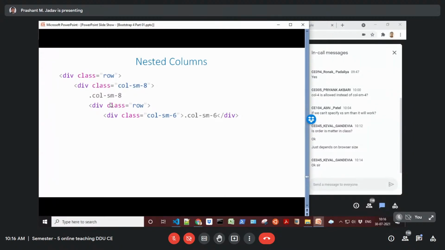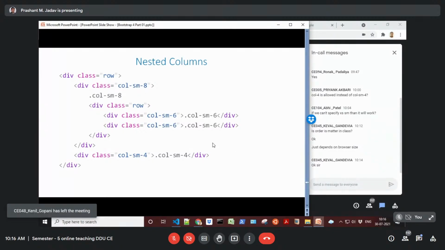So a complete grid can be set up within one column. For example, we have one row, and there is one column within it. Within that column, it is again divided into one or multiple rows, and this row has two columns. So see this example. There is one row. Let me draw it.